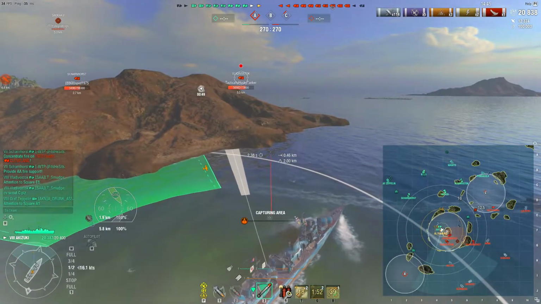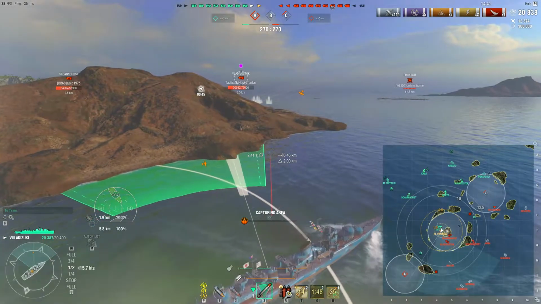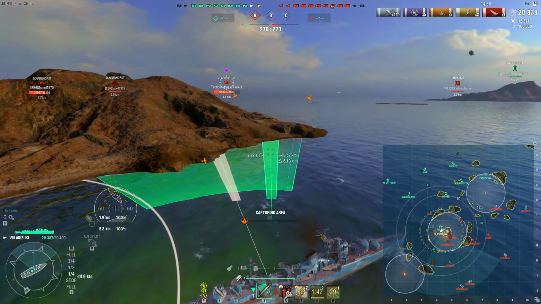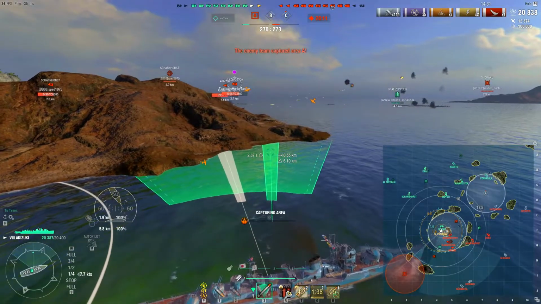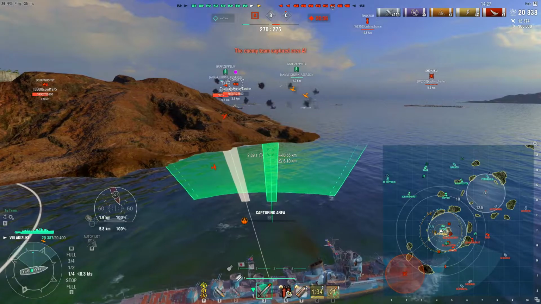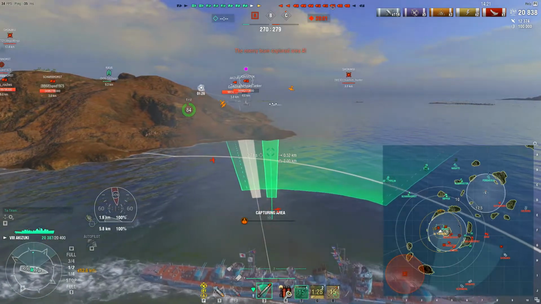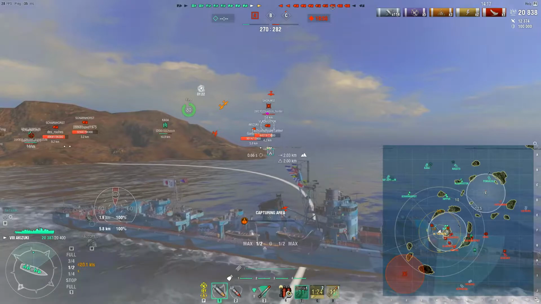This Vlad made a very poor choice, in my opinion, on pushing into this camp. He doesn't have any spotting, he doesn't have any screening from destroyers. He does obviously have the CV, but in just a little bit we're actually going to be able to at least go invisible with our smoke screen. There we go. Smoke screen is now coming off cooldown, popping it, so protecting both myself and Udachi from incoming